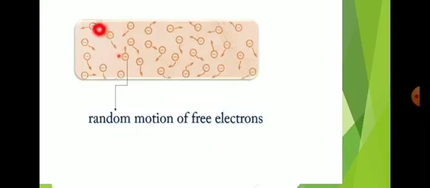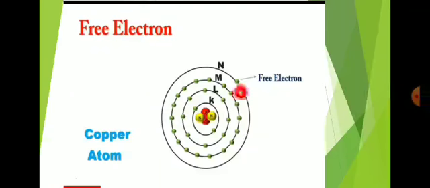Here let us consider this one atom. The outermost electrons are there, and they are free to move. They collide with each other. When the negative charge is removed from the atom, the nucleus becomes positive. Here the electron is a negative charge. The electron absorbs potential energy and moves away. Then this atom becomes a positive ion.